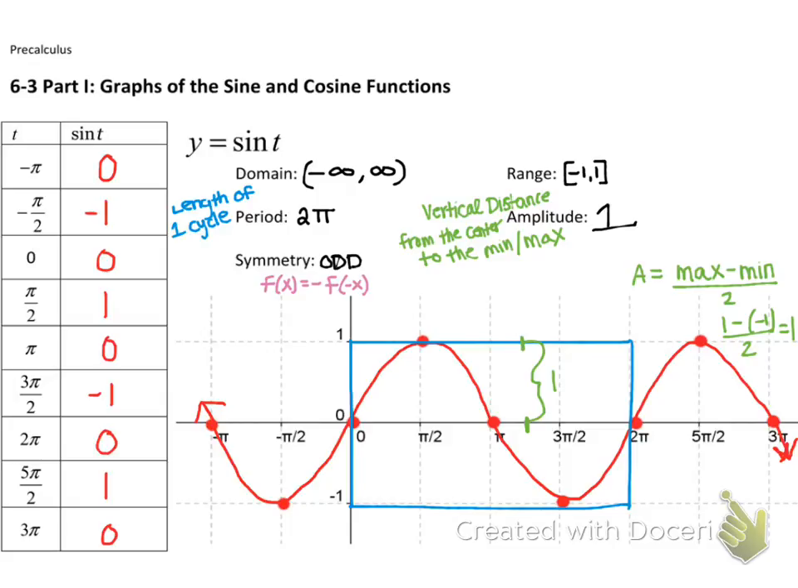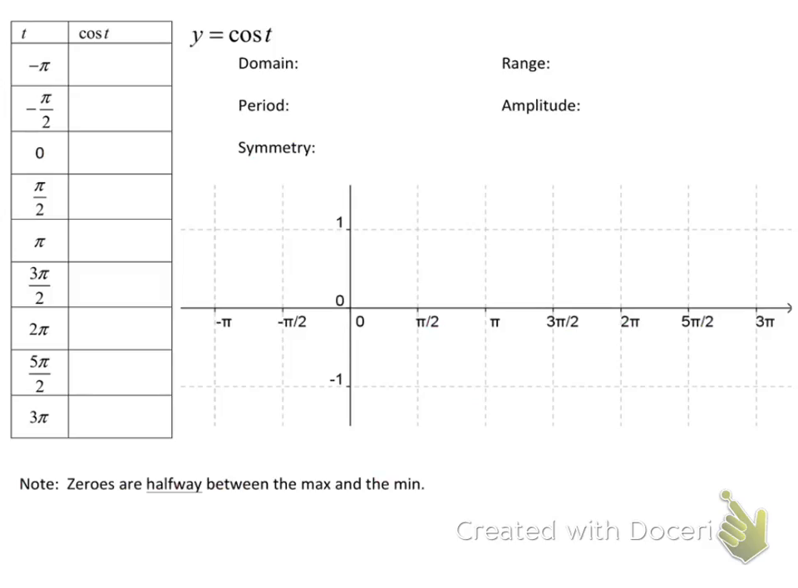Okay, so now let's look at our cosine function. So again, with the table, negative pi, cosine is negative 1. Cosine at negative pi over 2 is 0. Cosine at 0 is 1. Pi over 2, 0. Pi, negative 1. 3 pi over 2 is 0. 2 pi, 1. 5 pi over 2 is 0. And 3 pi,